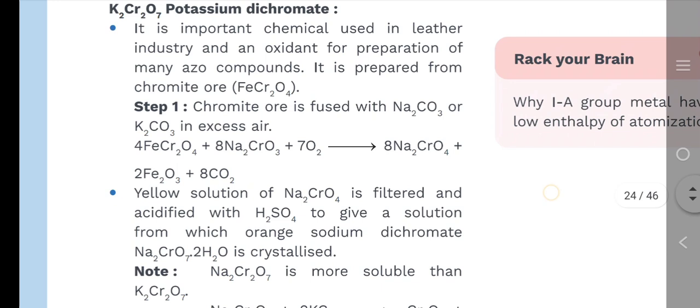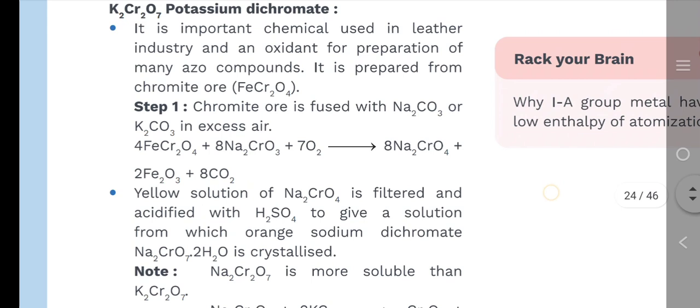The reaction is as given below. 4FeCr2O4 plus 8Na2CO3 plus 7O2 gives 8Na2CrO4 plus 2Fe2O3 plus 8CO2. The yellow solution of Na2CrO4 is filtered and acidified with H2SO4 to give a solution from which orange